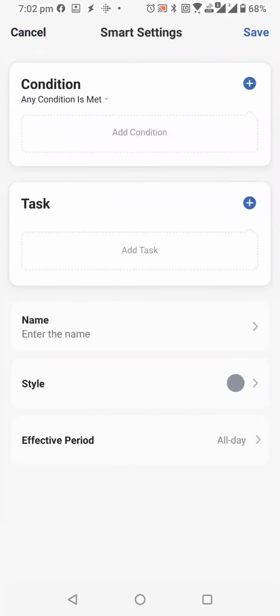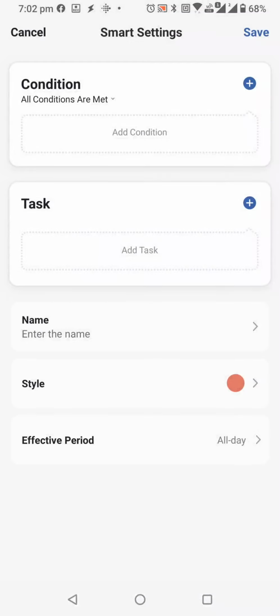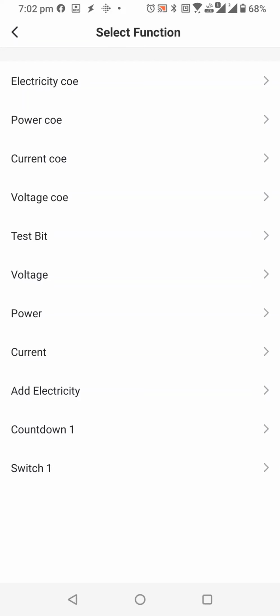I have used the add button from the automation, and here I have used the condition "all conditions are met". Inside that I add a condition, using a device, and inside the device I have used this plug, and here you have different types of values you can use.